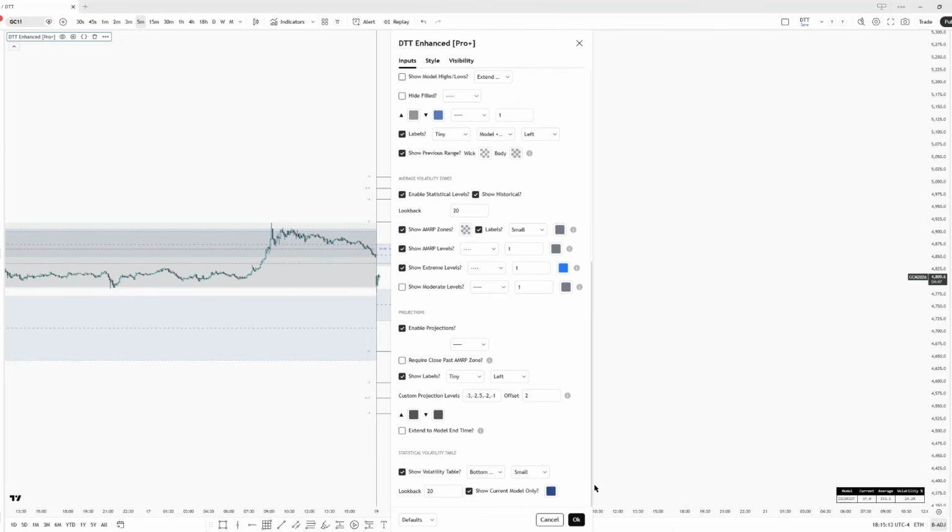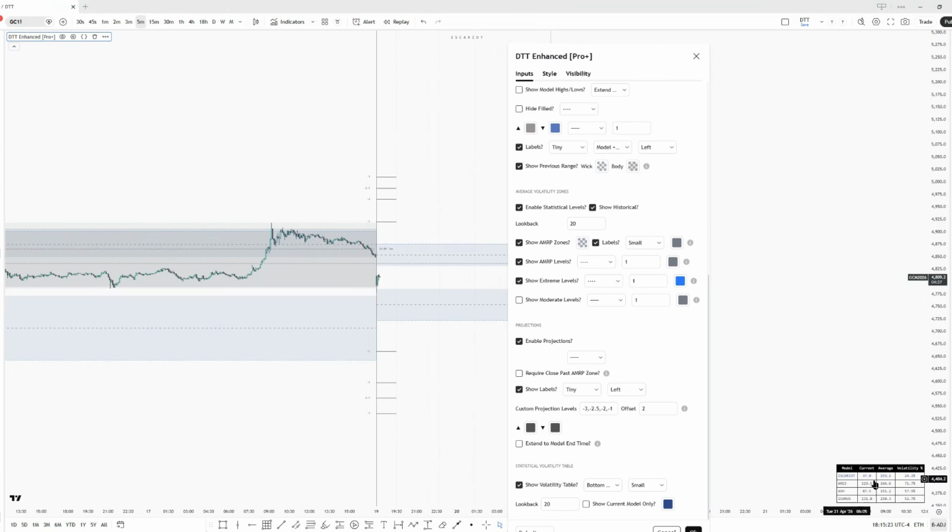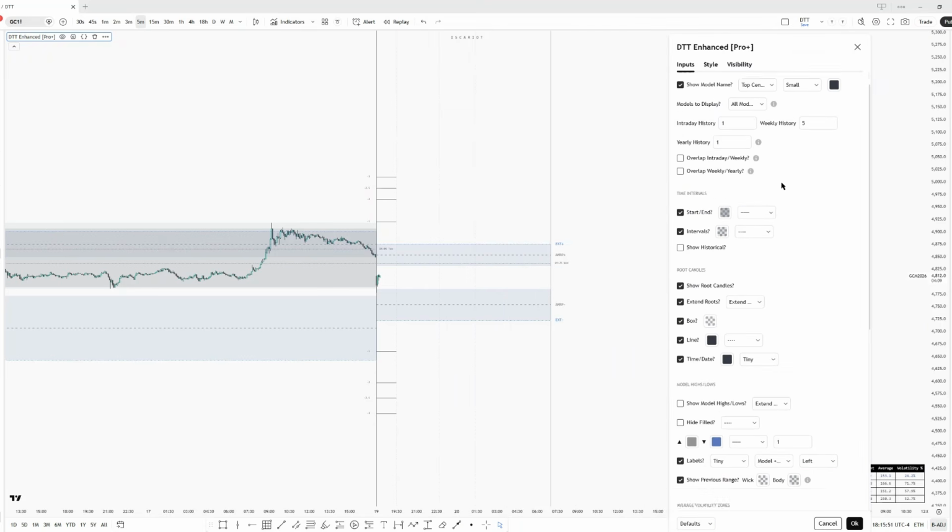Last would be your volatility table. As we can see on the bottom right, you can choose to show the current model that's currently at play here, or all given models within the framework. As we can see, we have all weekly models displayed, current range, average range, and the volatility percentage based off that. You can choose to change the look back. This affects the statistical calculation, similar to how it does here in the AMRP zone settings. I hope this brought insight into the settings for the new DTT indicator, which includes all given models